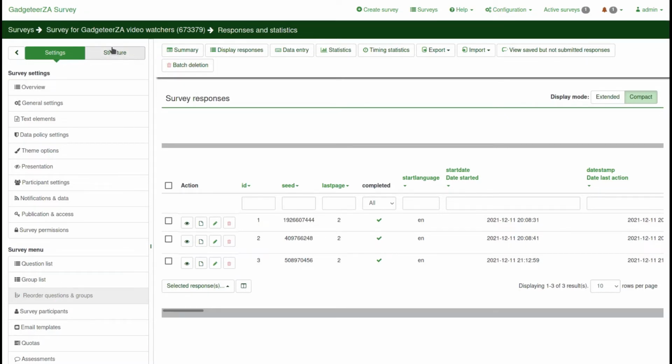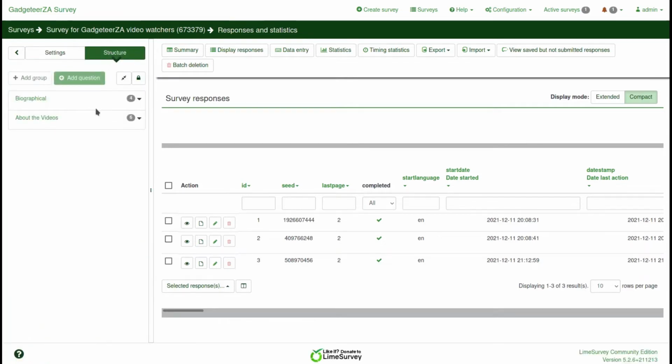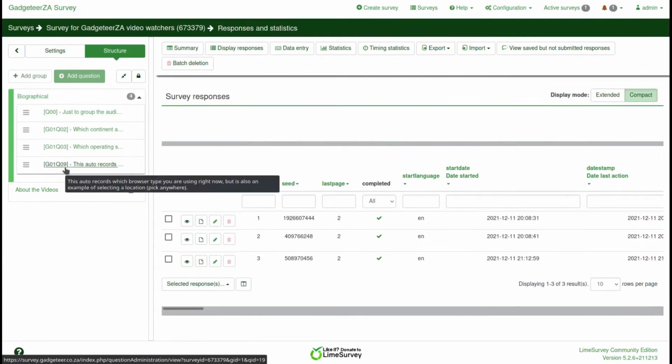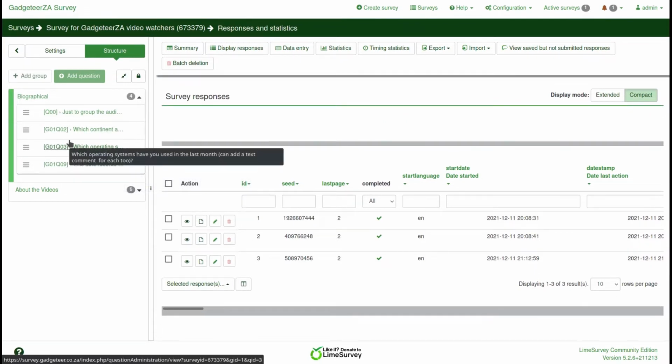So let's just have a look at the structure, which is the actual questions. So there are the 2 groups that I mentioned before, biographical and about the videos. So it shows 4 questions on biographical, 6 under about the videos. The G01 there indicates group 1, and that's question 2, question 3, question 9. I think that's probably the order that I've actually entered them in originally. I've moved them around a bit between the groups as well. So